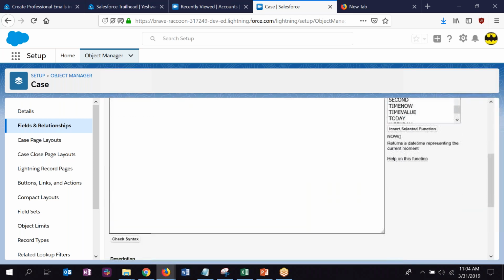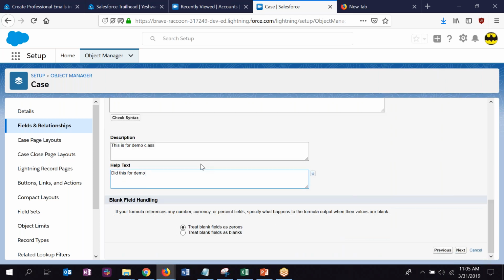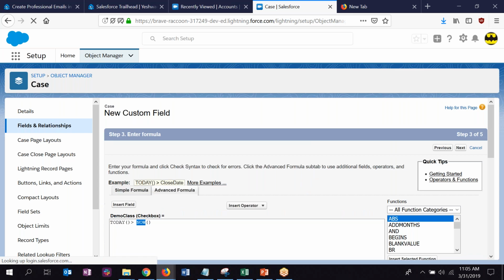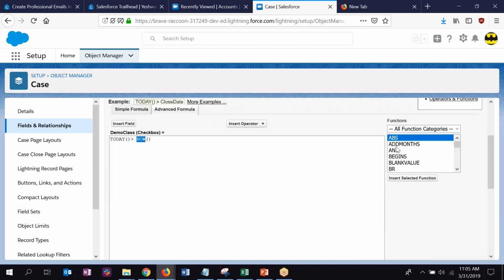Then you're going to put description. Then help text if you want. Small things. But you see me typing because I'm more used to it. But if you're initially a new administrator, you don't have to type. You can just use all these things. And because I've become more well versed with it, instead of going and searching there, I have these syntaxes in my head. I just go in and type it. You guys don't have to.